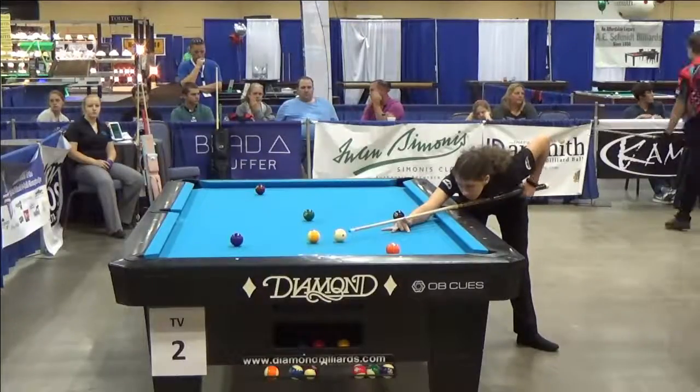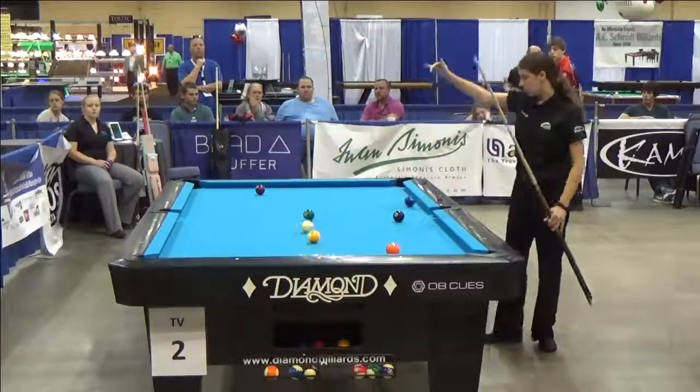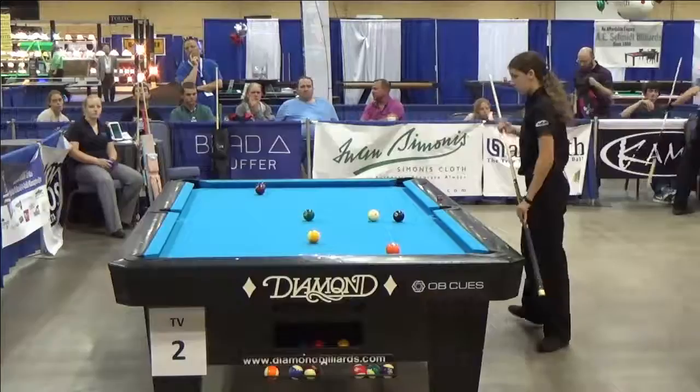She's going 2 rails at this 4. She needs separation here. And she made great contact. Right, but the only reason I wonder who didn't like her kick is her coach, because he gets a